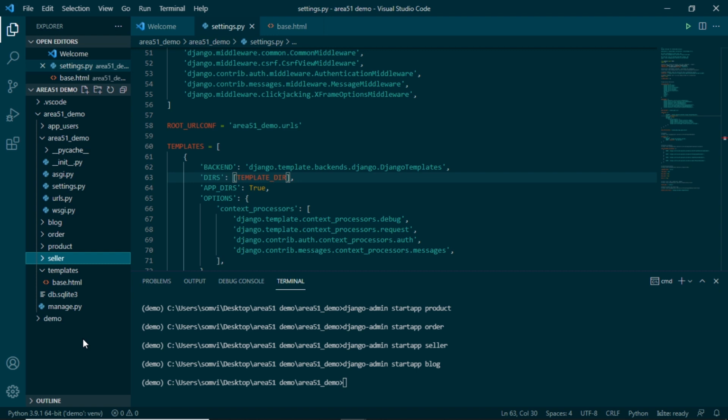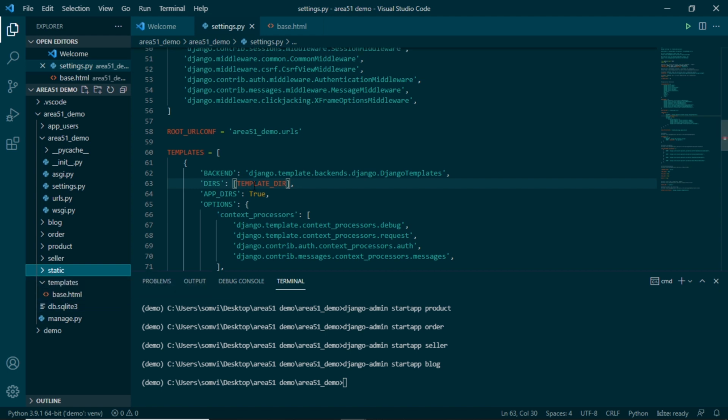Now if we are using HTML files, we will be using CSS to style them. We will be using some static images and SVGs to render our HTML page. So we will need to create a static folder which will contain all of these images and SVGs and CSS. So let us create a static folder in the main folder. Just like templates, we need to inform our Django project that we are using static like this.